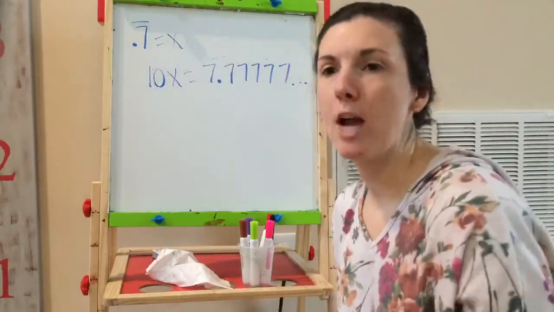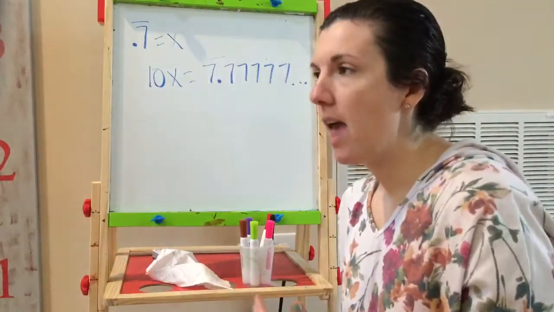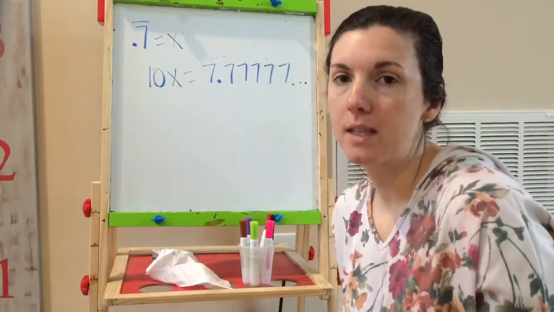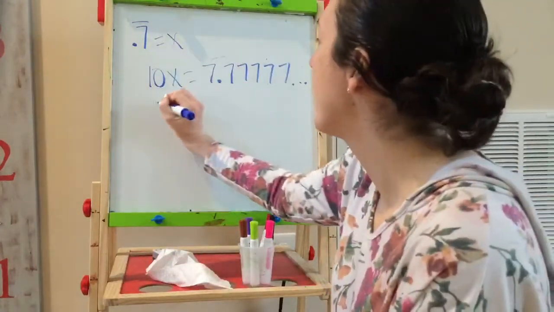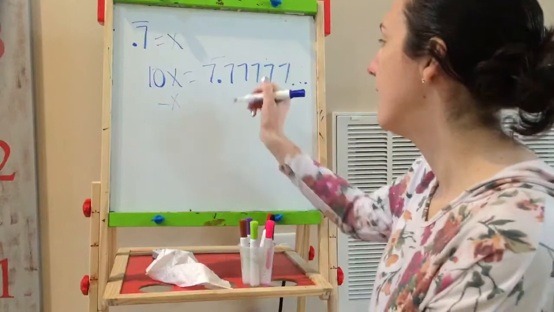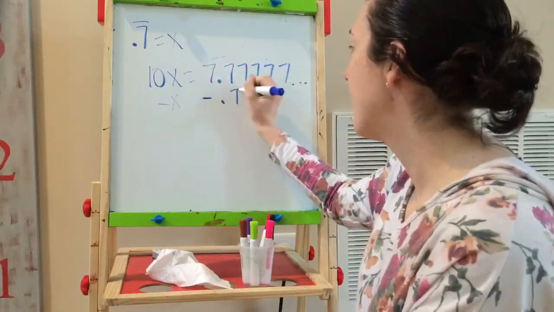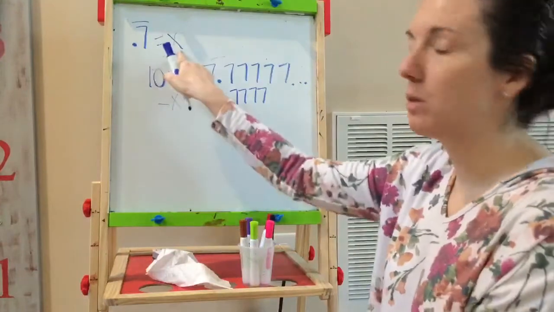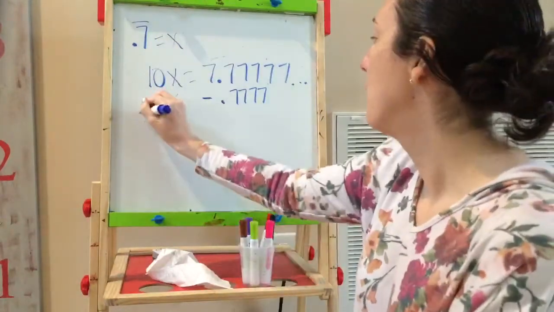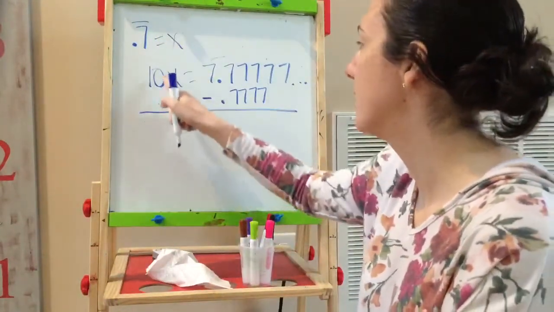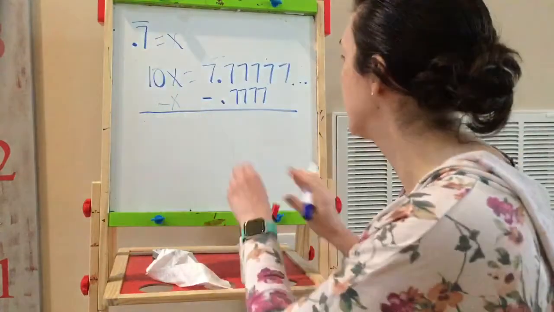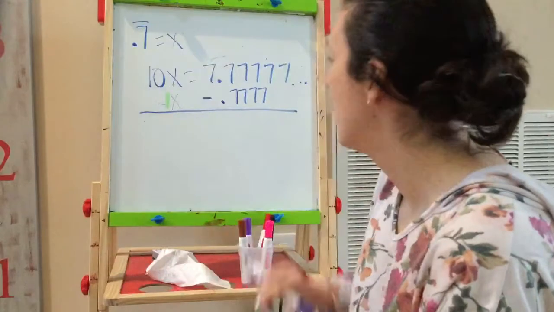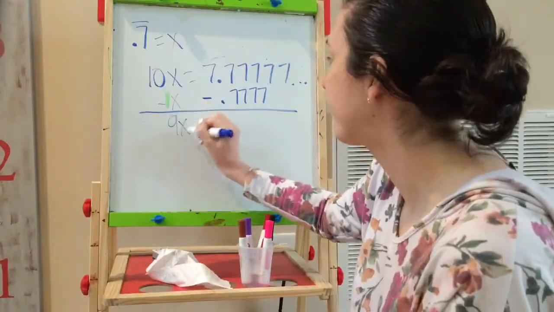And in the video, they subtracted x from both sides. And the reason that works is because in math, you're allowed to do the same thing on both sides of the equation. So if I subtract x on this side, I just take away the 0.7 repeating on this side because they're the same. They're equal to each other. So when I do that, I now end up with 10x minus 1x, which is 9x, and then